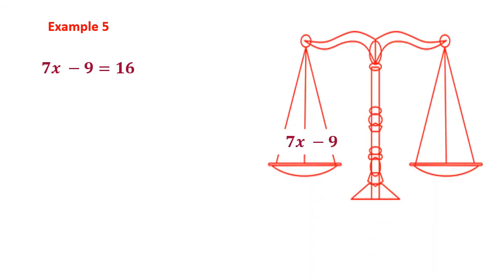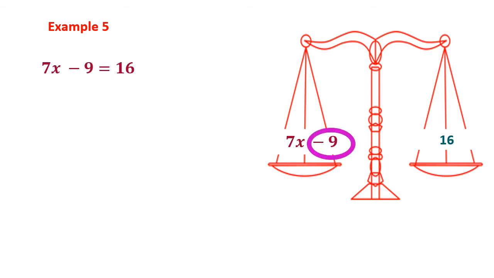Here you can see the LHS and the RHS. Now our purpose is to eliminate minus 9. First we have to eliminate minus 9. Be very careful. Students usually get confused about which of these two numbers we have to eliminate first. So be very careful. I explained it in the previous slide. You watch it again and again, what is explained there. The second term, which is in addition or subtraction, will be eliminated first.